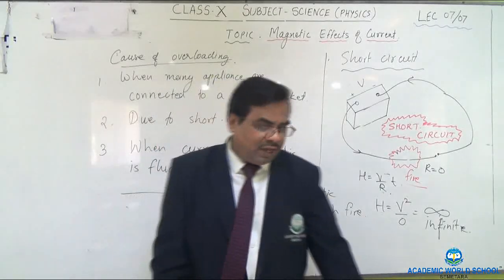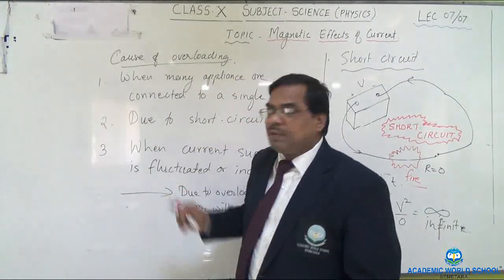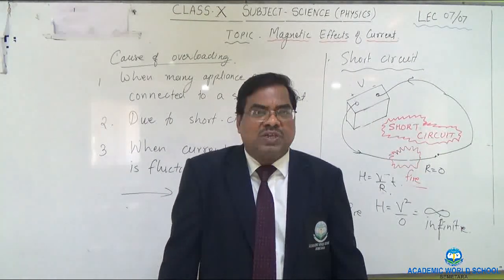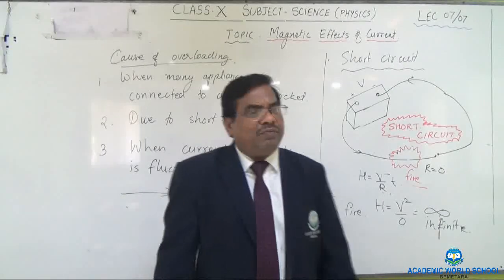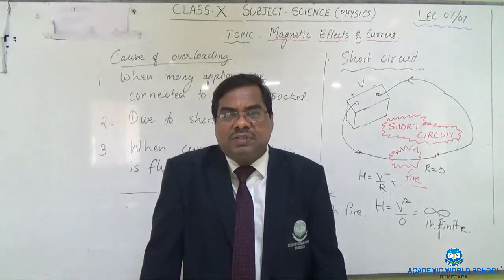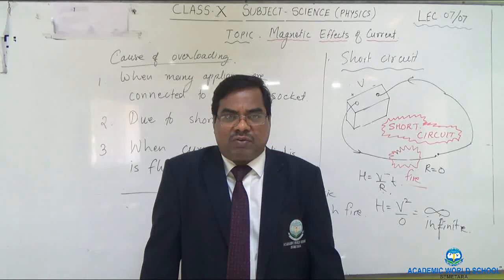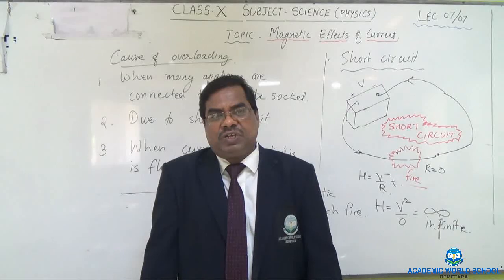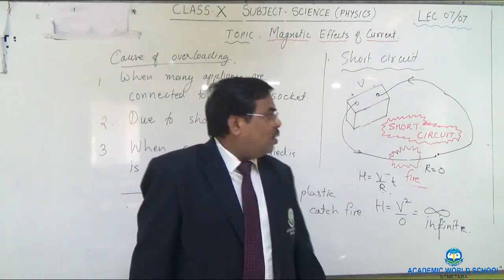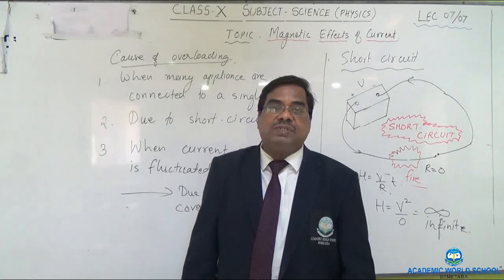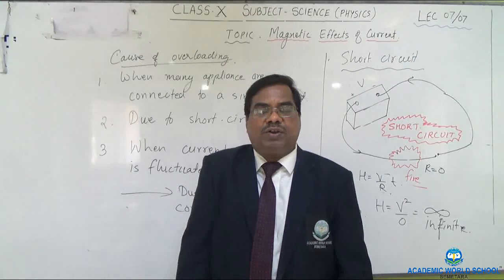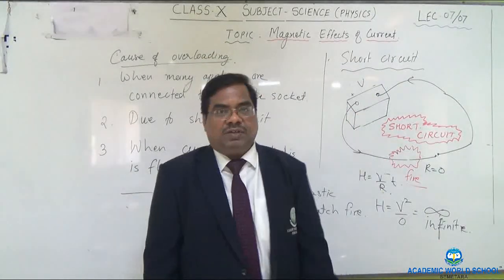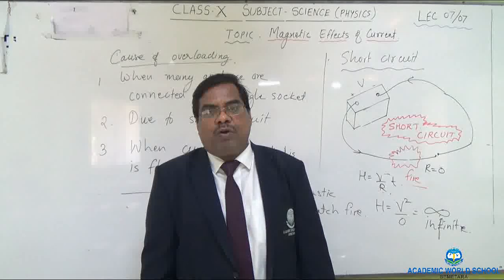So we have understood today the method of domestic wiring, electric meter, distribution box, and how they are connected in the home. Then we studied the fuse, the safety device, and earthing. I told you that fuse and earthing are very, very essential. Next I told you about the two hazards that we should avoid, that are overloading and short circuit. I hope you have followed everything.